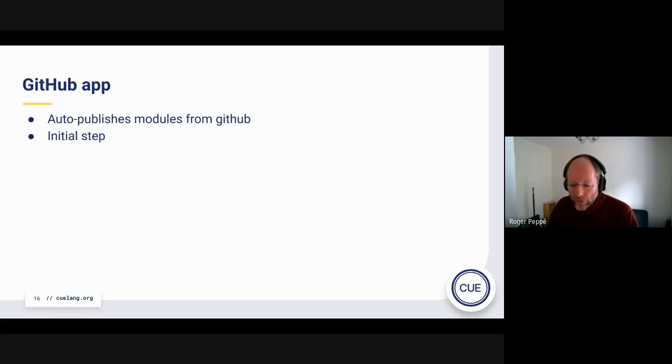And that actually, from our point of view, sidesteps a bunch of issues around authorization and authentication. Because you authorize the app to be able to read from your GitHub repository, and the app will, on our behalf, pull from that repository and push to the central registry.